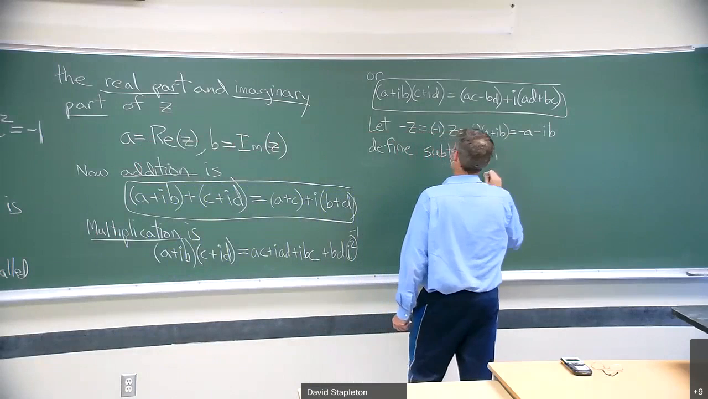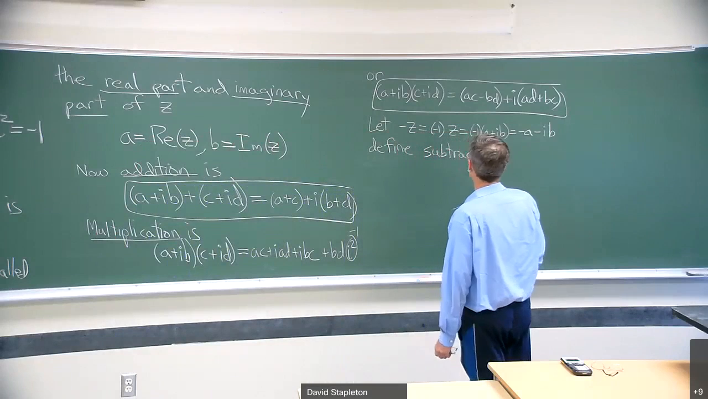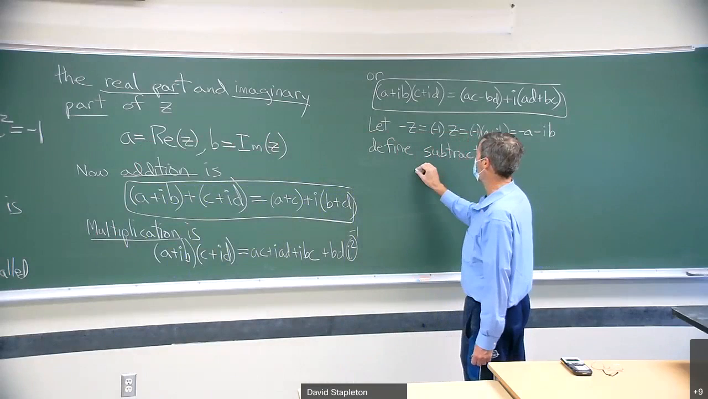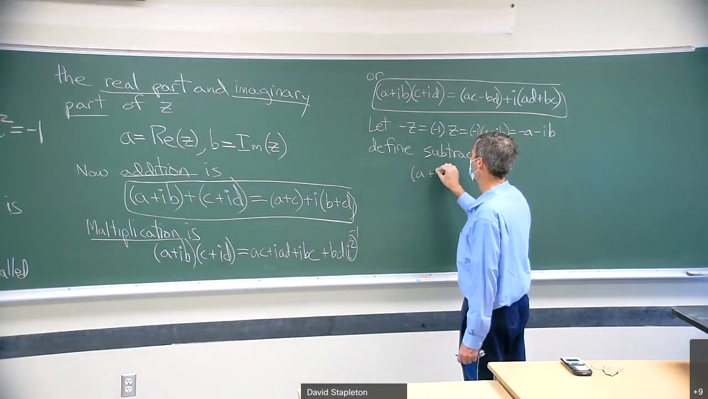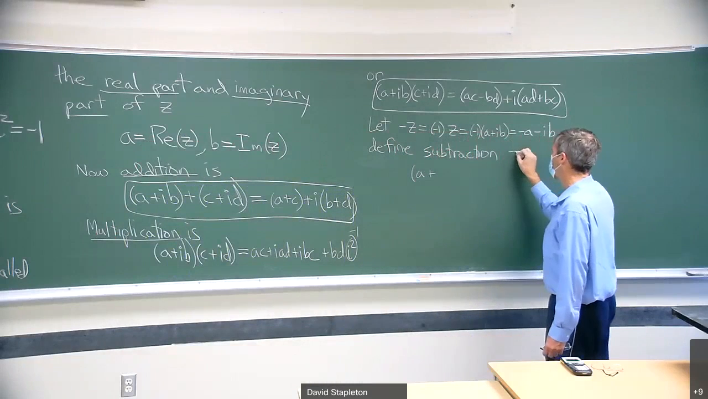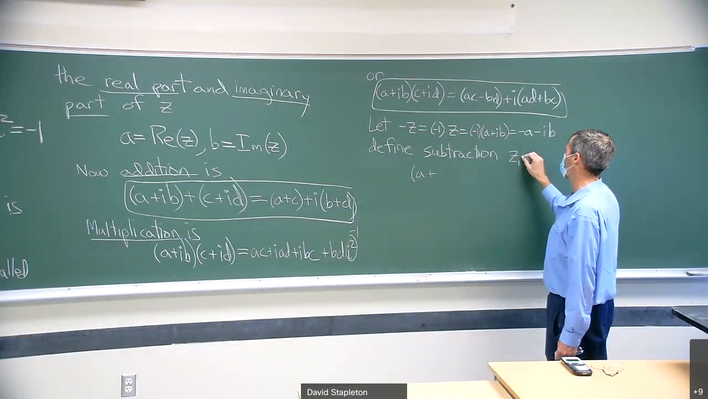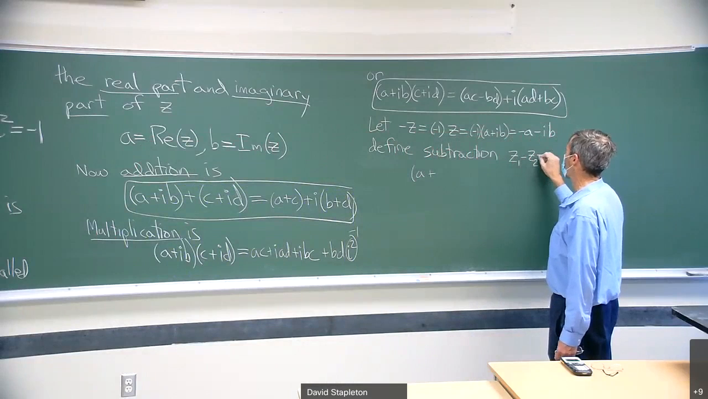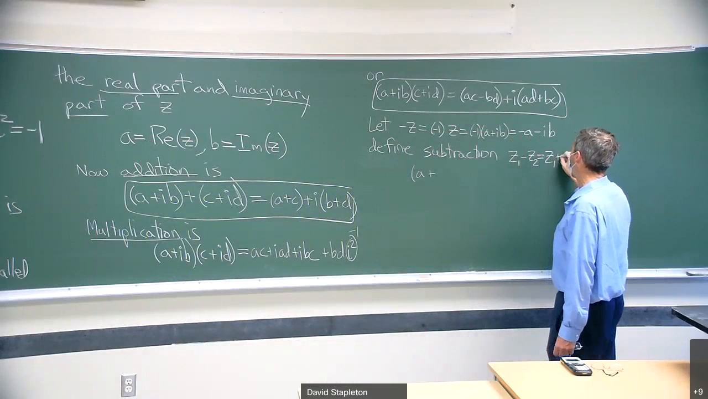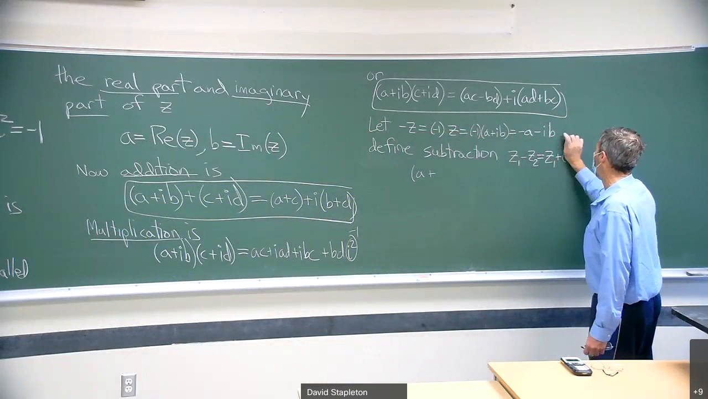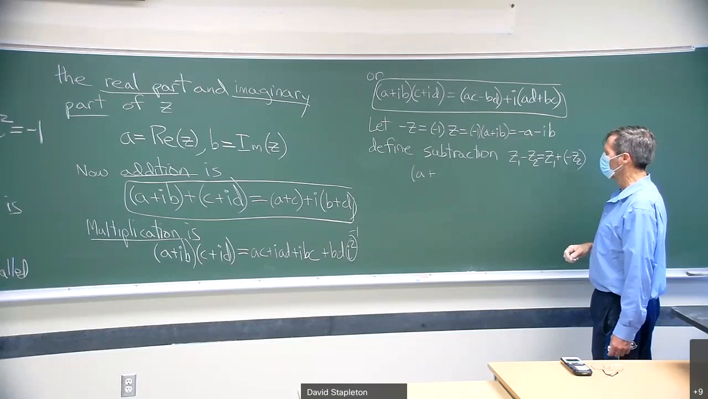Then subtraction will obey the laws we know and love from real numbers. If we take a plus, we'll say that z1, one complex number, minus another complex number is going to be z1 plus minus the other complex number. Right? We'll define it that way. And then